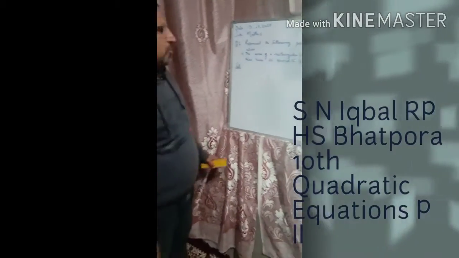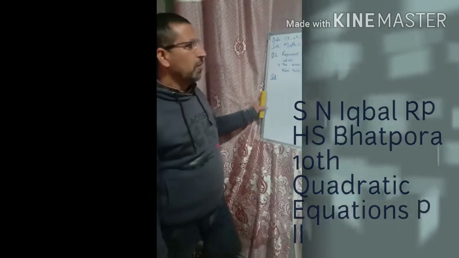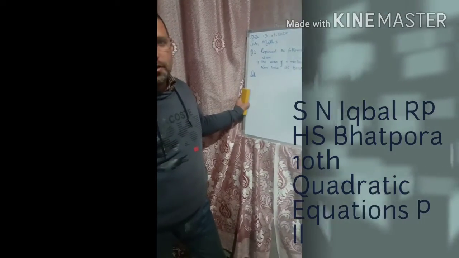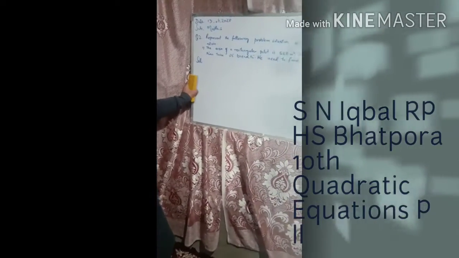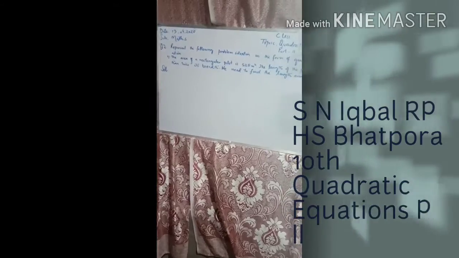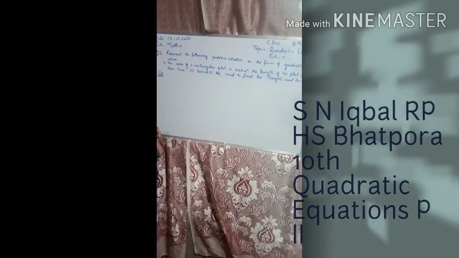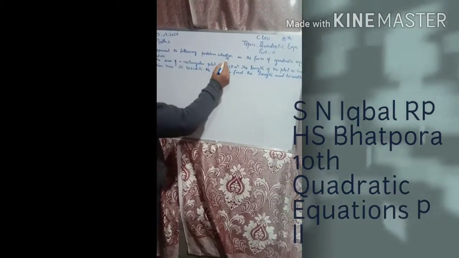Bismillahirrahmanirrahim. My dear students, it is our second class, quadratic equations part two. In this we will discuss question number 2 of exercise 4.1, which is to represent the problem situation in the form